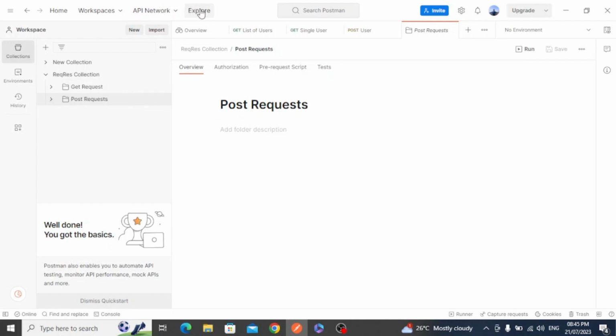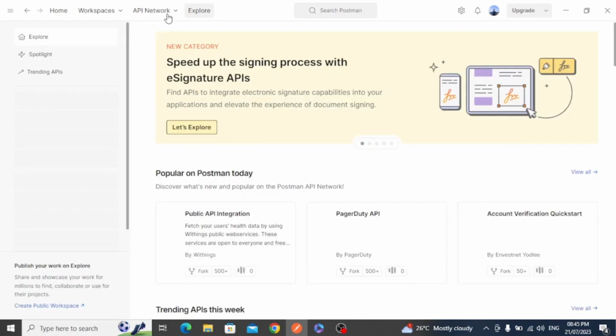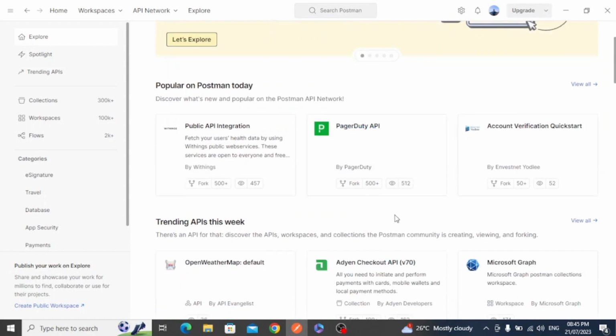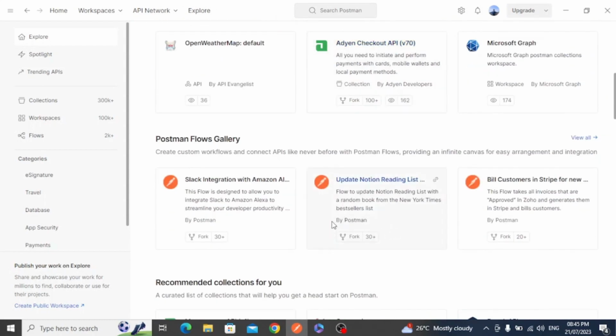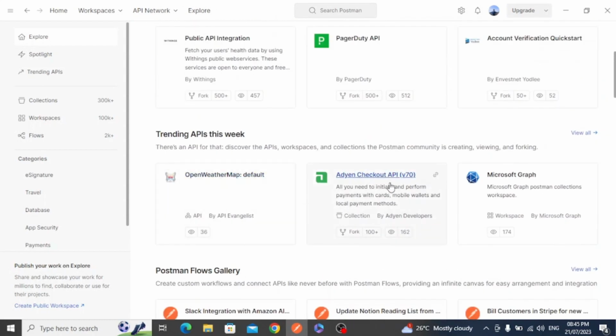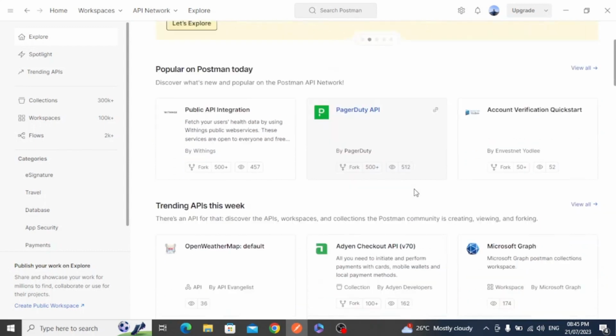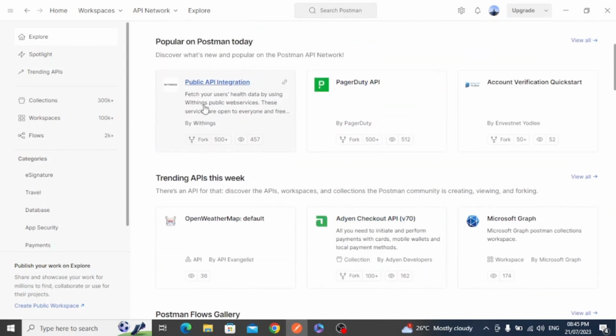So let's click on Explore right here. When we click on Explore, our public collections will be available to us. So if any public collection is there, we can fork it. You can see the Fork button is available right here, right? So Public API Integration, this is one of the collections. If I click on Fork,